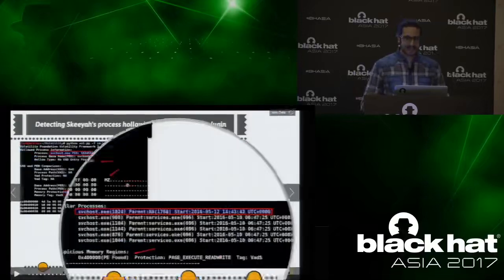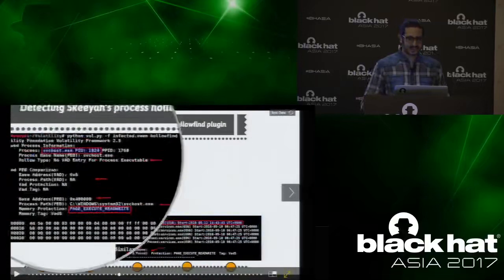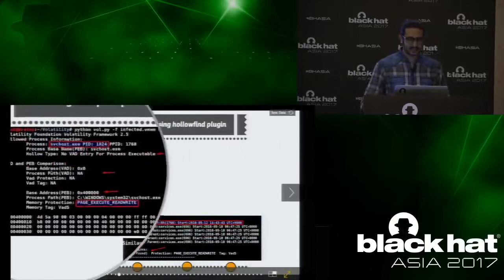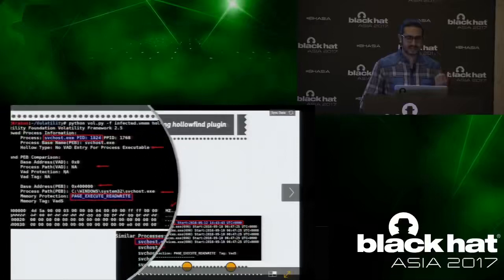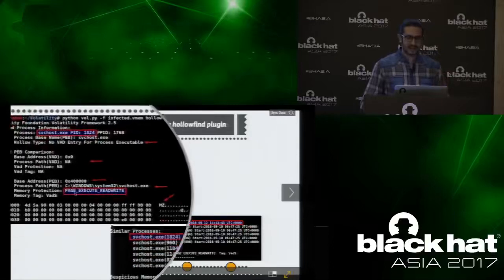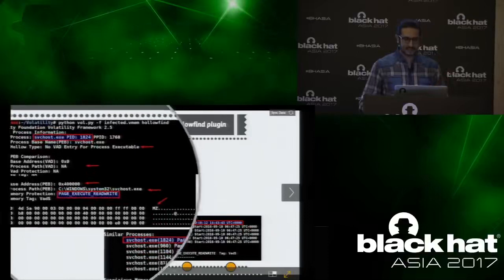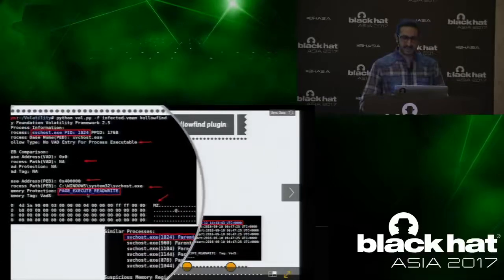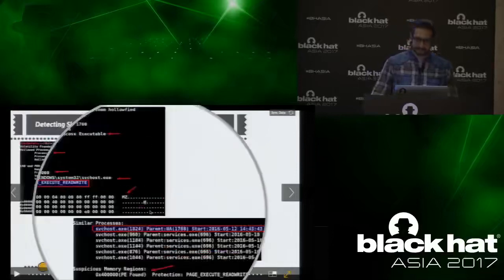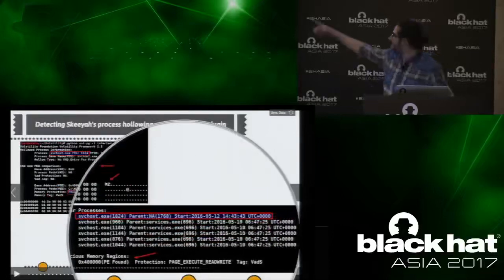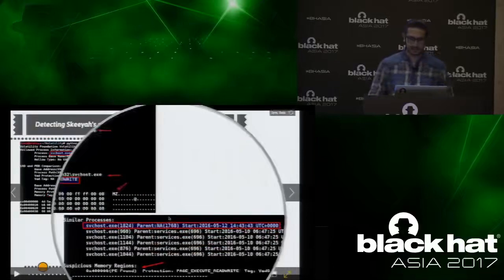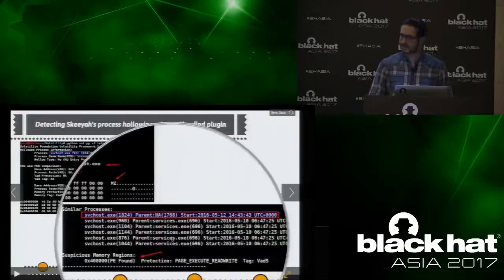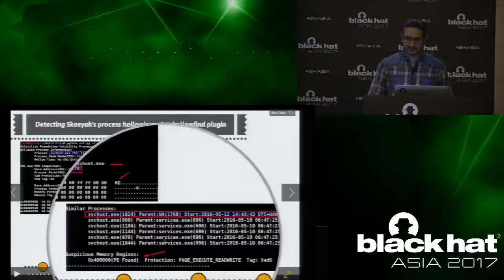And running the same plugin against Skia, you see that it says this svchost.exe is the victim of hollow process injection, and it shows a discrepancy between the VAD and the PEB. You see that there is no entry in the VAD, whereas there is a corresponding entry in the PEB. It says svchost.exe is loaded at this address, but the memory protection is not right. And it also displays the parent-child relationship, which will tell you which is the malicious process. Here you see all the svchost.exe started by services.exe, and this one is not started by services.exe.